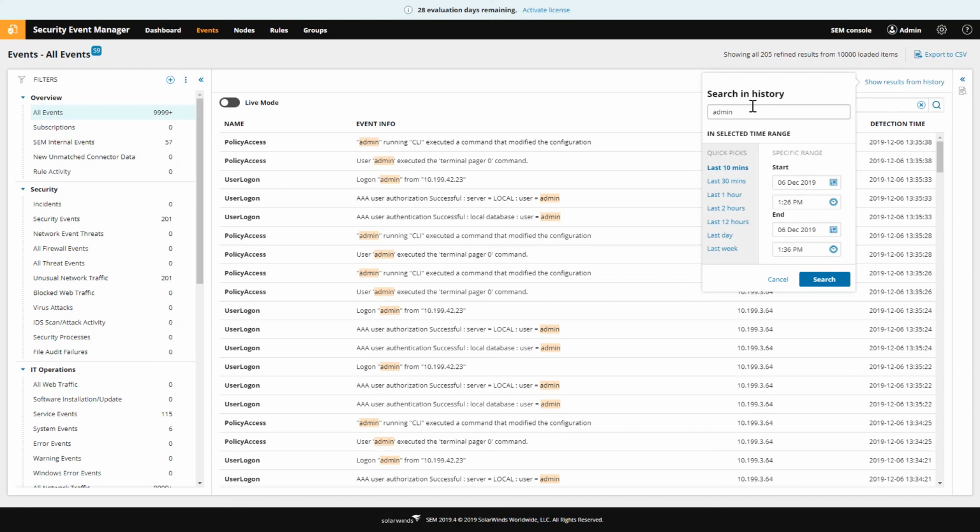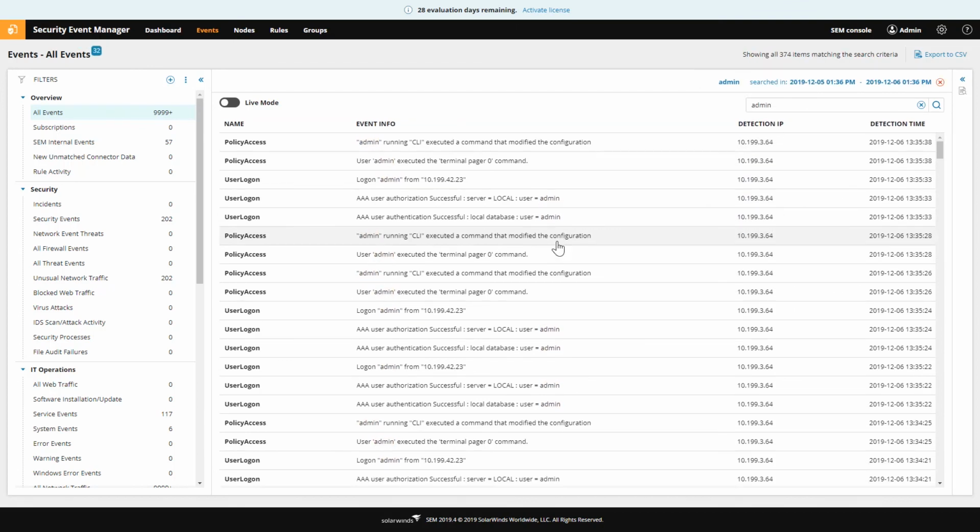Here I have a very familiar time frame picker. Looks very much like the Orion time frame picker. I can choose any of these time frames or just build my own custom time frame. So for example, I could do last day, search on that. It is going to actually search my database and pull up to that default of 10,000 events from right now to the last 24 hours. Okay, turns out there's only 374 of those events, but if there were a huge number, it would be capped at 10,000 unless I adjusted that setting like we talked about.